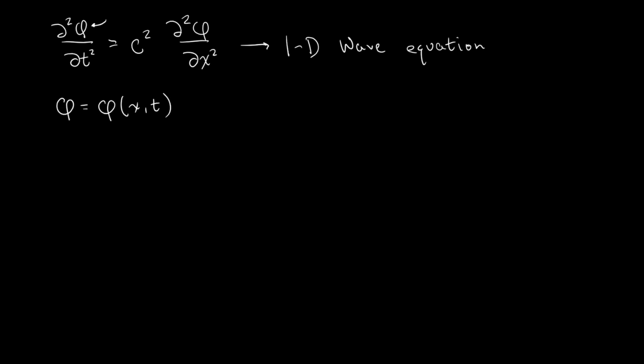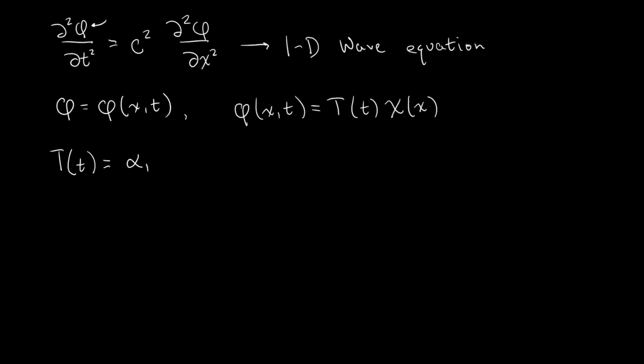Last time, we showed that we can solve this equation by doing a method known as the separation of variables, where we assume that phi is a function of x and t. We can split it up into just a product of some function which only depends on time and some function which only depends on space. Now, when we did that, we ended up finding that we essentially get two equations for a harmonic oscillator. And so, writing that out,